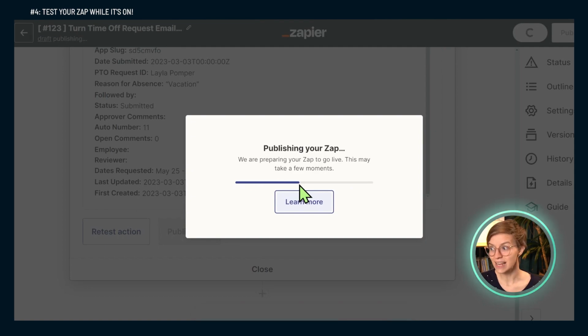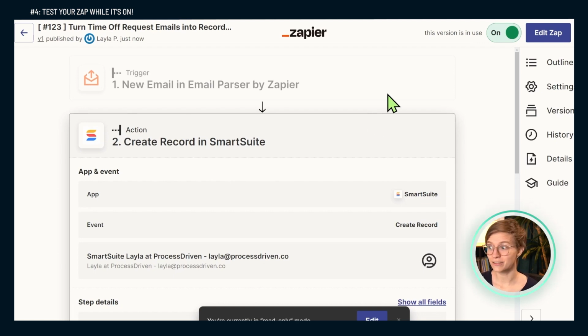And then test it out while everything is on, not using the test feature, but actually start forwarding old emails, old requests to make sure they come into SmartSuite in a format you like. If you are not happy with any of the results at this point in time, just know you can always turn this off